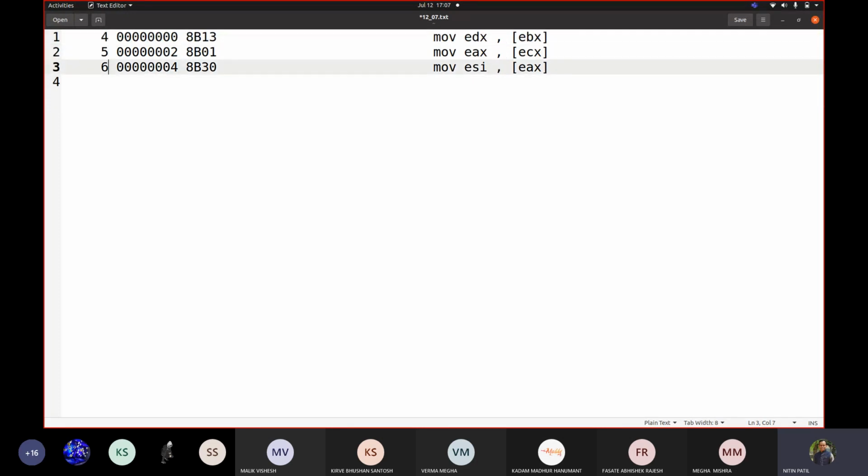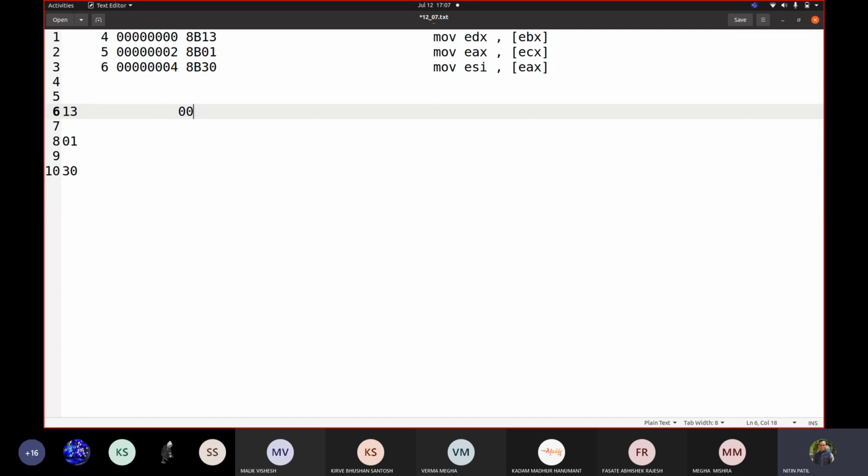Fine. Now, how exactly did we identify that our destination operand is a register and the source is coming from some R/M32, register or memory? It would be represented by a register right now. So if I talk about this 13 specifically, then we will take the example of 01 as well as 30. We'll take all the examples. So let us take 13.